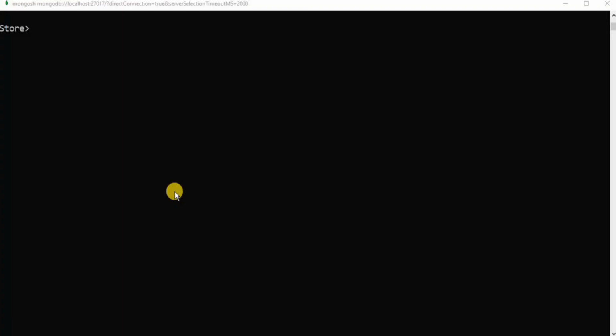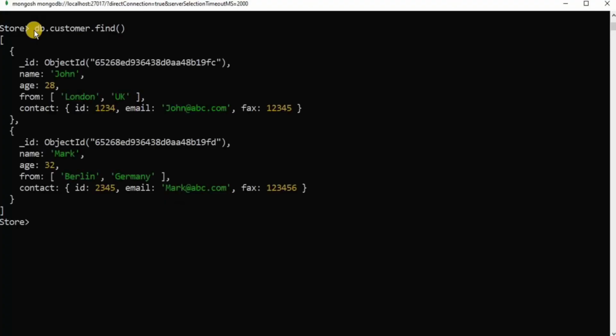So if I go ahead and run the command db.customer.find, you can see that right now I have two documents having name, age, and from, and an embedded document contact from the previous video. Now I am going to update both of these documents one by one to embed the payment document inside it in order to show that customer and payment have one-to-many relationship. So for that I am going to run the command